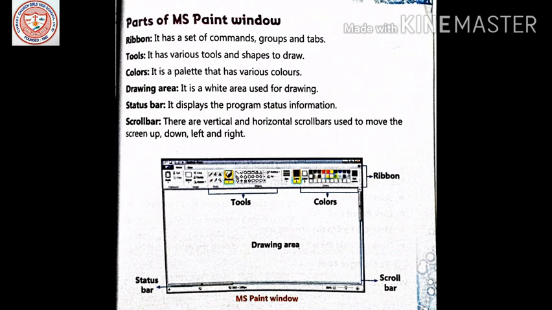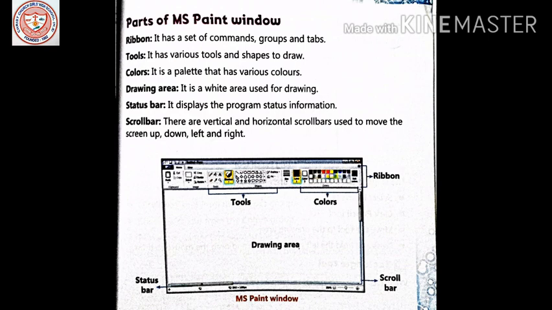See, how many parts are present here? Ribbon, tools, colors, drawing area, status bar, scroll bar. That is six.